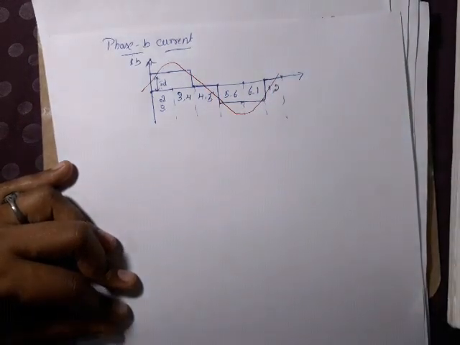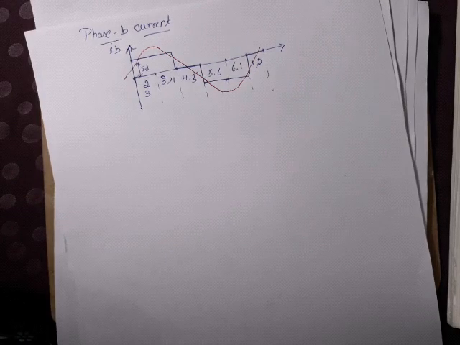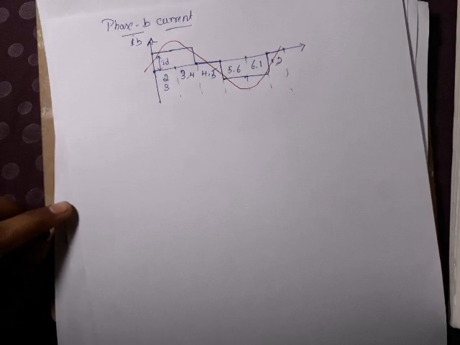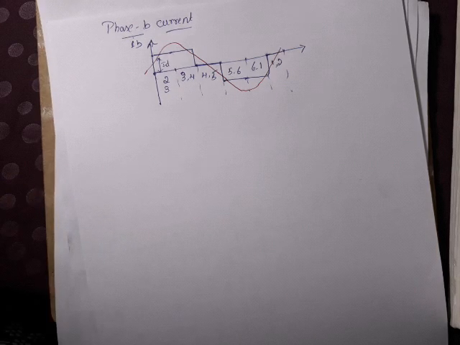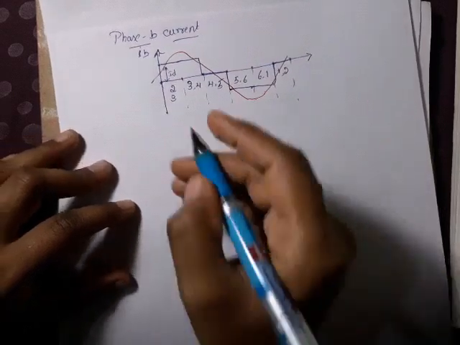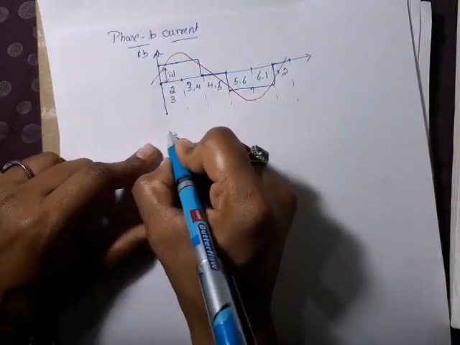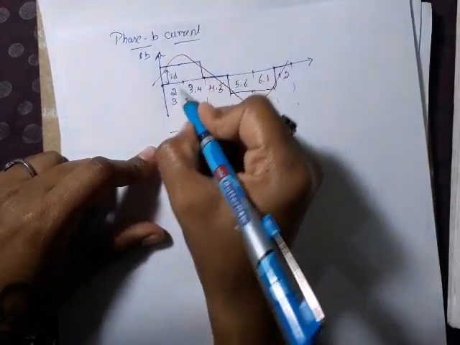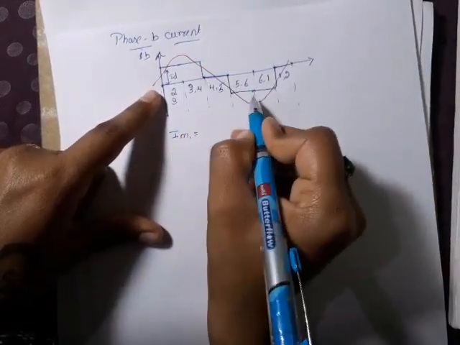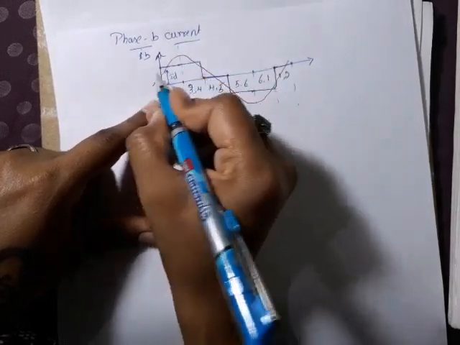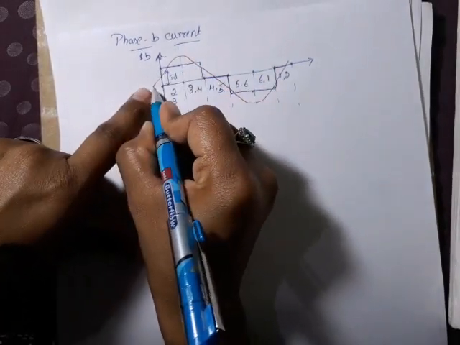So this is only a sine wave with some harmonics and a fundamental component. First let us find the fundamental component, and then we'll find the RMS value. To find the maximum value of the fundamental component, see here, this wave has half wave symmetry. If I cut here, it will become quarter wave symmetry. So it is not starting from 0.